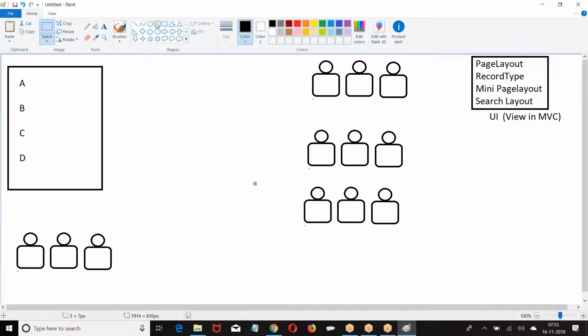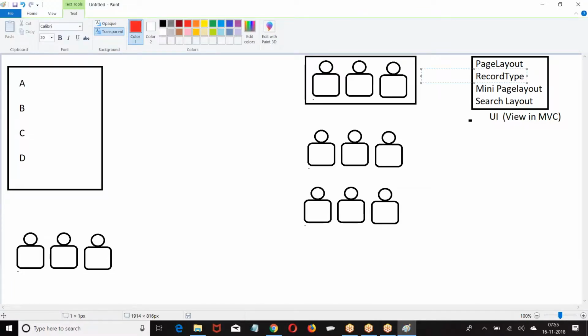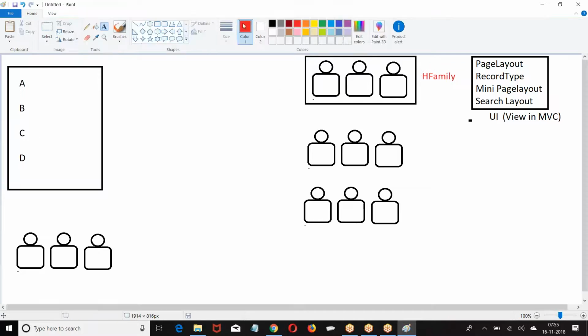Let us say this group of people has one profile. There is a concept called profile. We'll see it. This group of people has a profile called husband family. This group of people has the next profile.